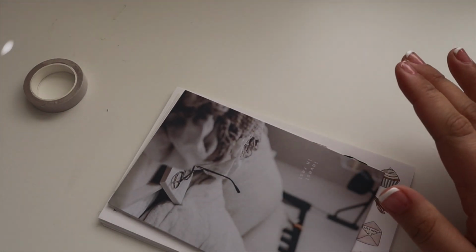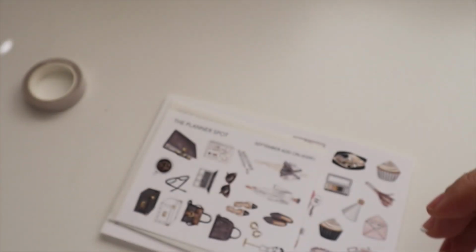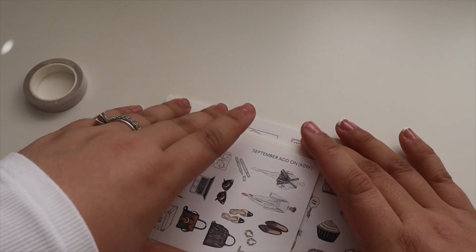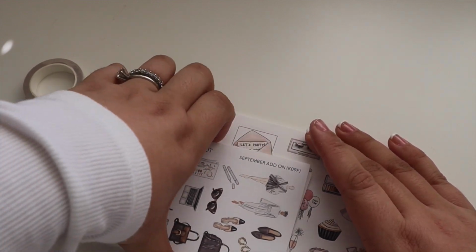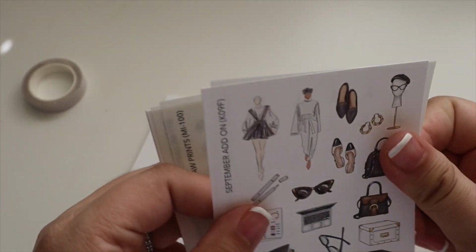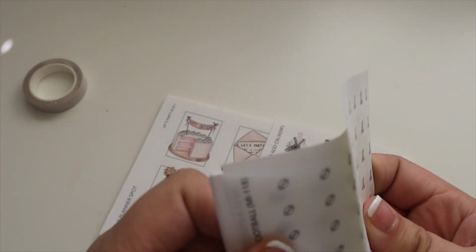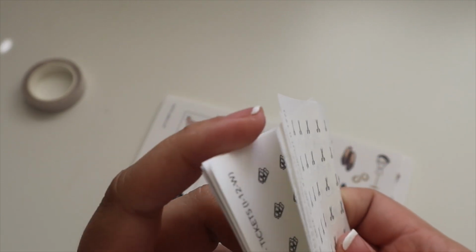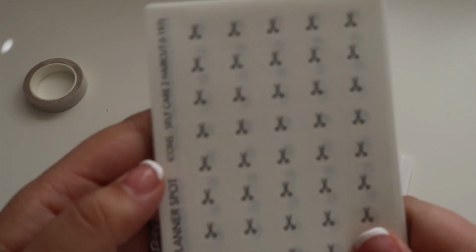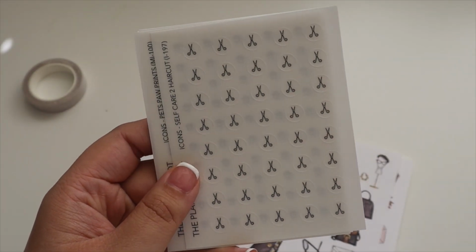And then we have a lot of stickers to go through. So I ordered several kits, and just to really stay stocked up, I added some add-ons as well. So let me go through the icons first. Okay. So I ordered these haircut stickers just because I've been getting my hair done more frequently, and that way